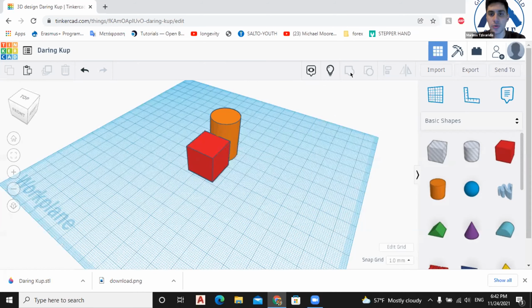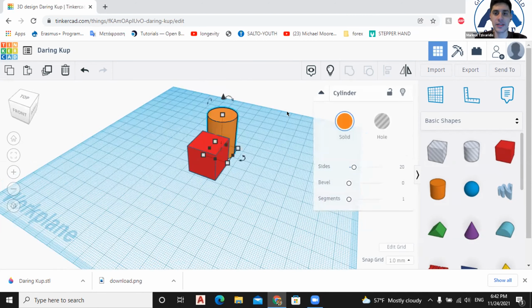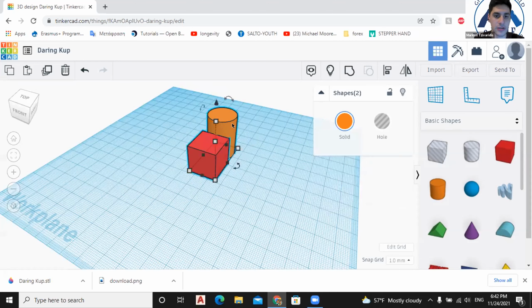The second tool that we're going to talk about is the grouping of our shapes or generally our objects. So this button here, as you can see, I cannot click it. Why? Because I haven't selected 2 or more objects. Now, if I click on my cylinder, again, I can't use it. But if I shift and left click, remember what that was? It was just